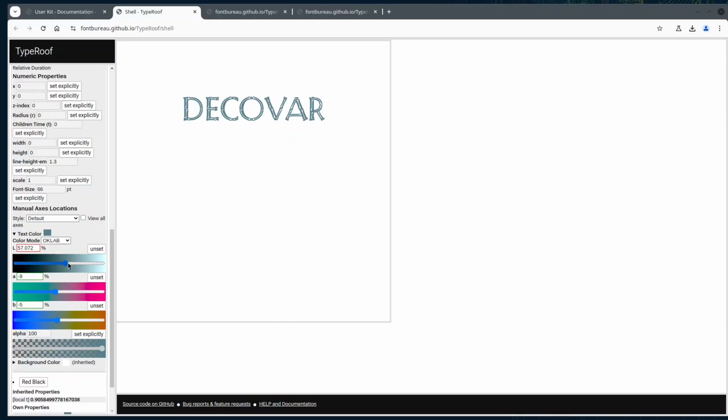And from there you can see also that this is a Cartesian coordinate system with an A-axis and a B-axis, and the A-axis goes from green to red, and the B-axis goes from blue to yellow. So this is a bit similar to what RGB does. In the middle, you don't have